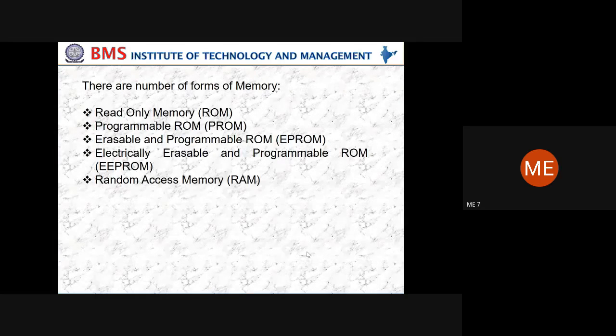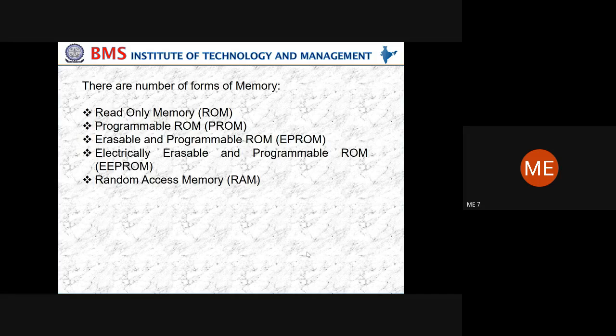Now you can retrieve any information from a ROM location. Generally, the information that has been written in the ROM is decided by the manufacturer. In earlier cases, the ROM could not be programmed. Subsequently, different types of ROM came into the picture, which is called the programmable ROM, wherein you are able to program the ROM as required.